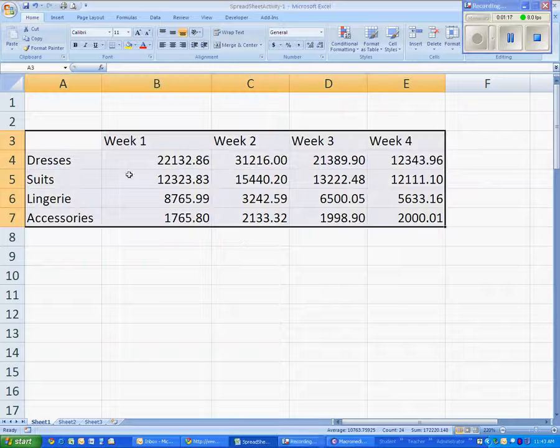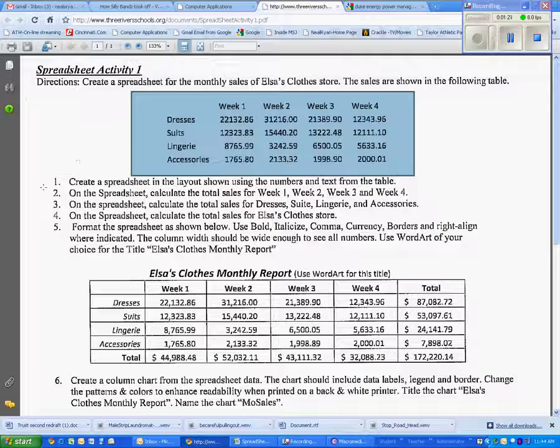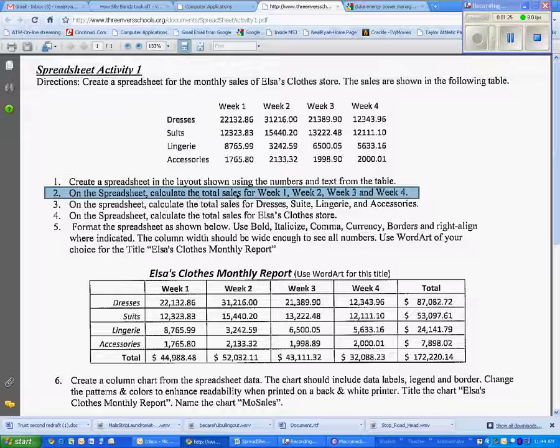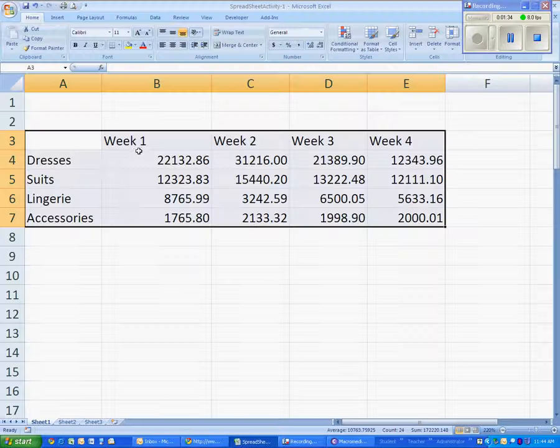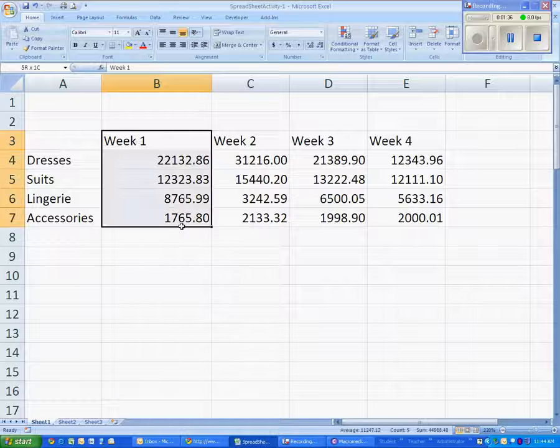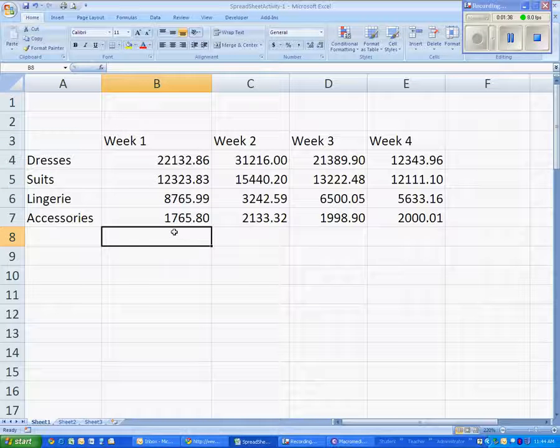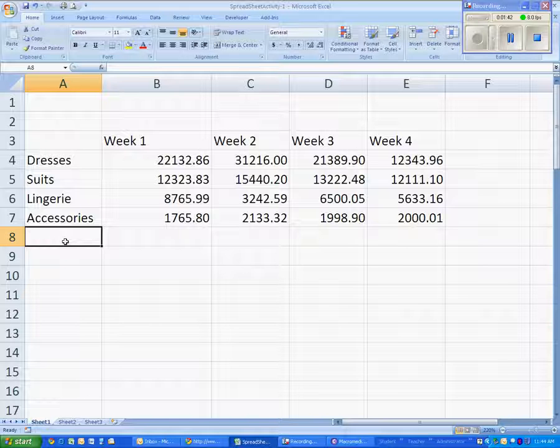Okay, now that you have the information typed in, the next step, according to the directions, is on the spreadsheet, calculate the total sales for week 1, 2, 3, and 4. So we want the total sales. So we come back to our spreadsheet, and here's week 1 sales. So down at the bottom, underneath week 1, we want the totals. So we're going to type in the totals here,